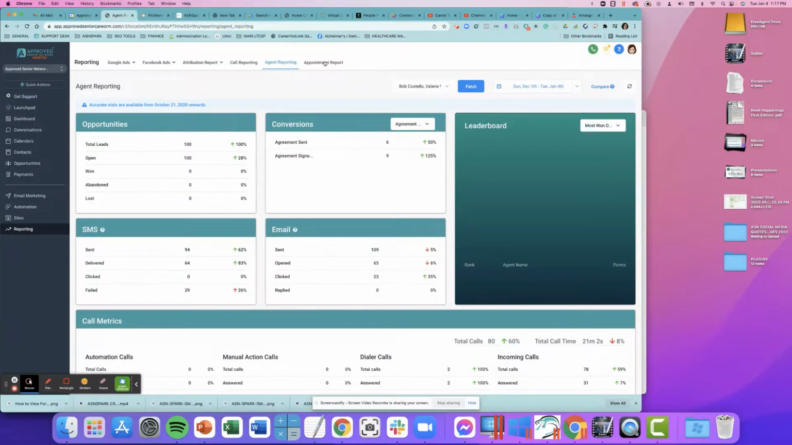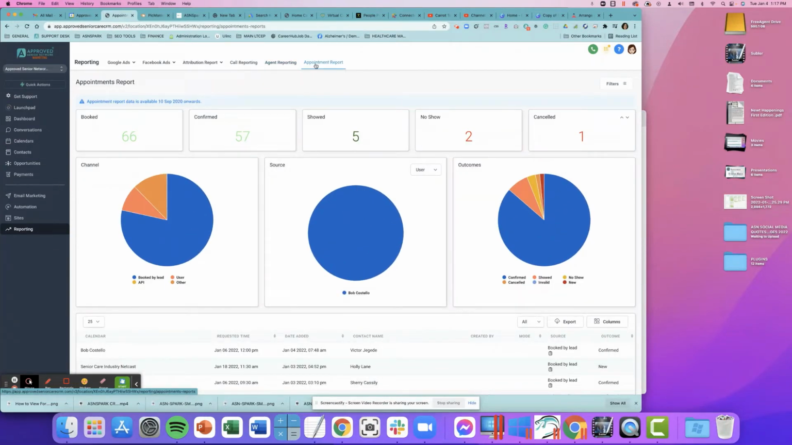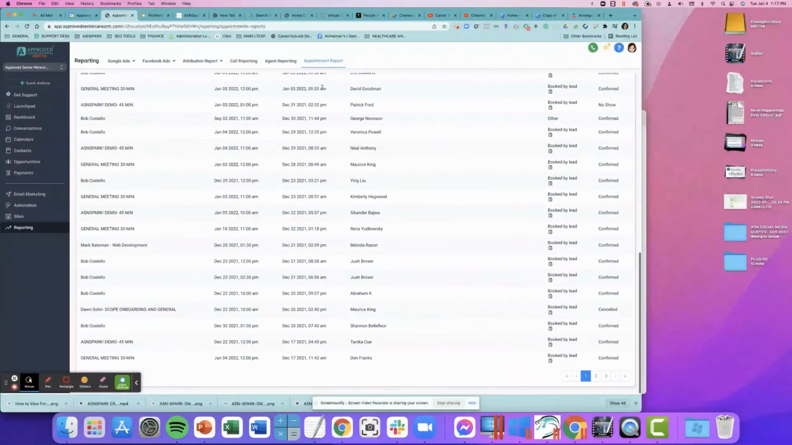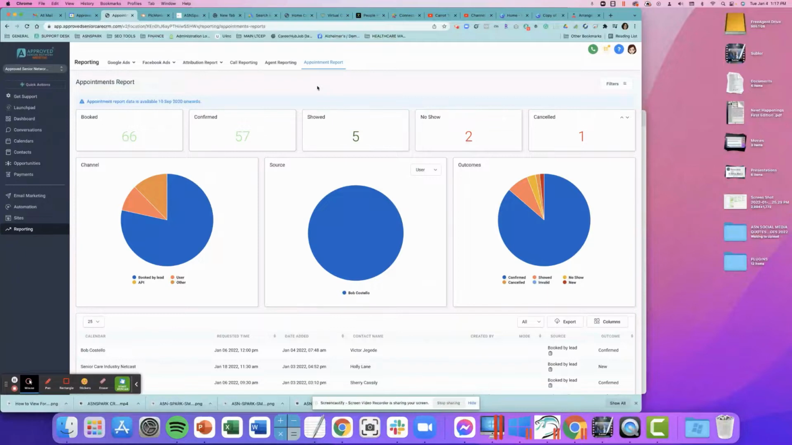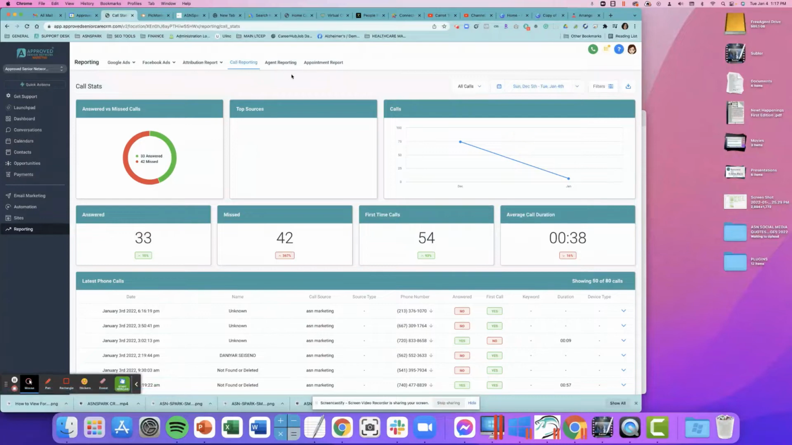So if you have a salesperson who is using the CRM to its full advantage, then you would want to use agent reporting. Appointment report, if you are marking people as showed, no showed, etc., then you will be able to see all of those people in here and what happened with their appointment. This is really important for recruiting. All right, so let's get to call reporting. Inside of call reporting,